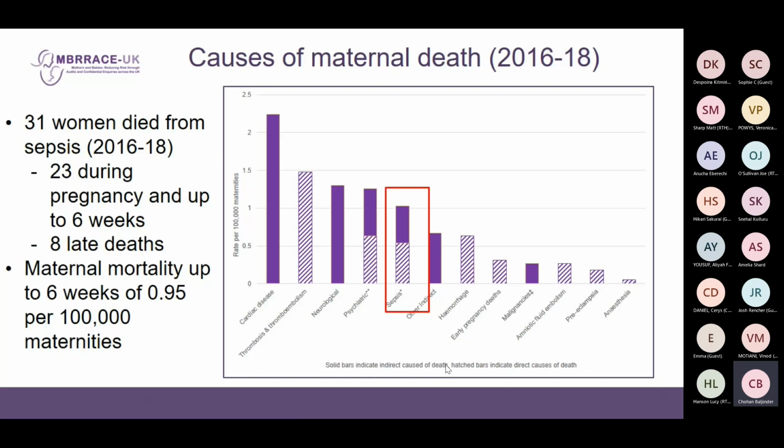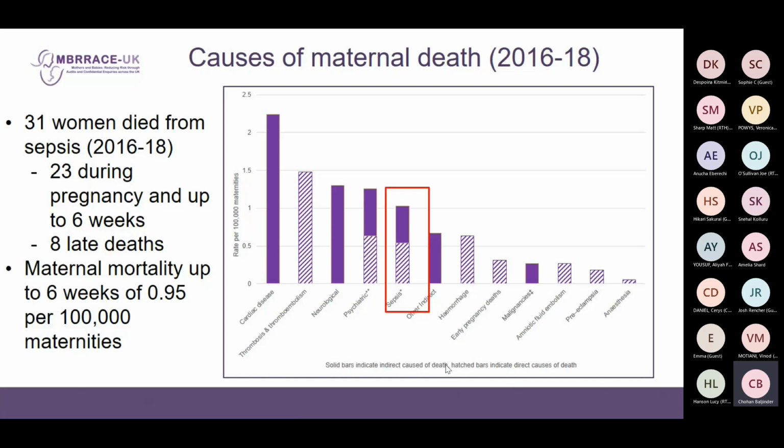So this is the most recent Embrace report. I think the next report is actually due later on this year, quite soon in November. But the deaths are all split into direct deaths and indirect deaths. The direct deaths obviously relating to pregnancy-related causes of deaths, whereas indirect, she just happened to be pregnant, but then she's died as a result of whatever the disease is.